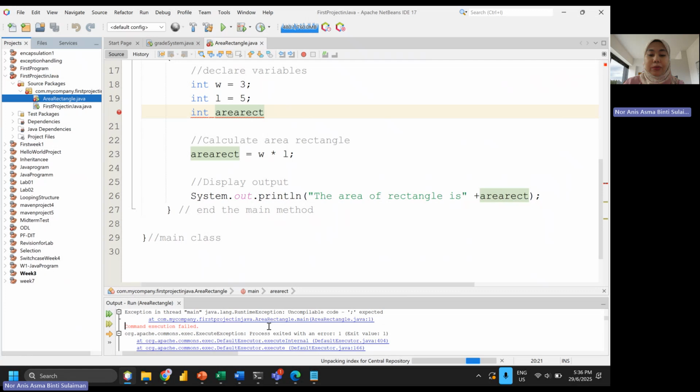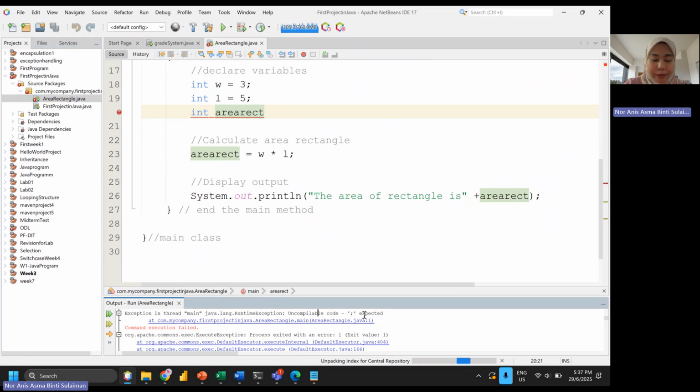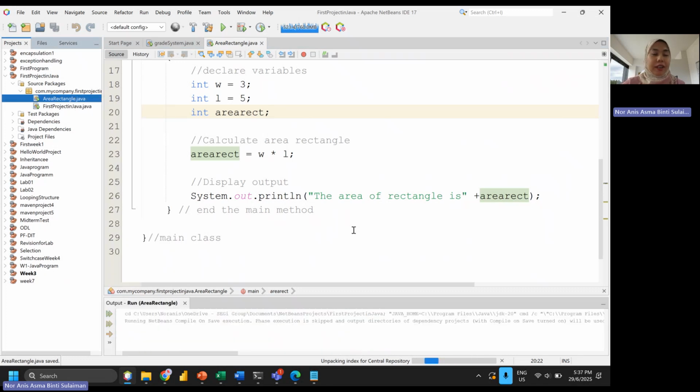Then if you go up a bit, you can check which line and what kind of missing value. So over here it expected the missing semicolon. So you go to line 20, you add the semicolon, save, and then run again.